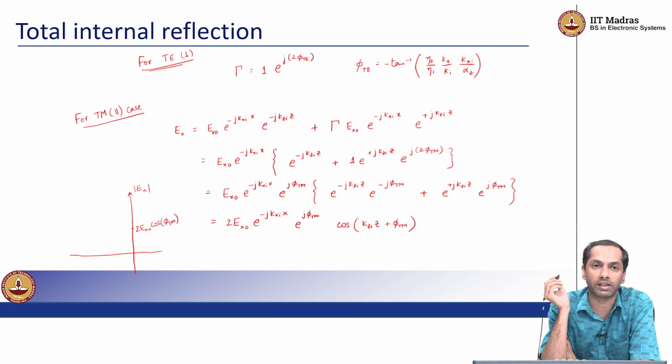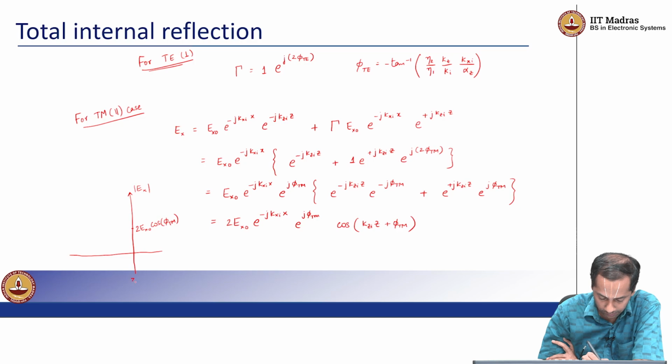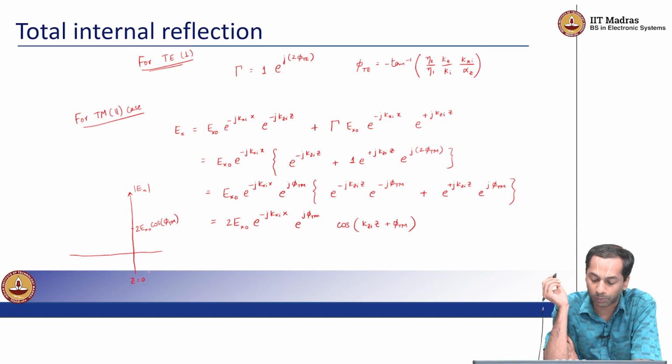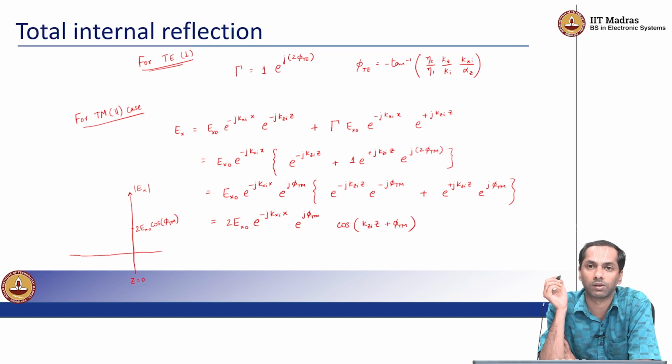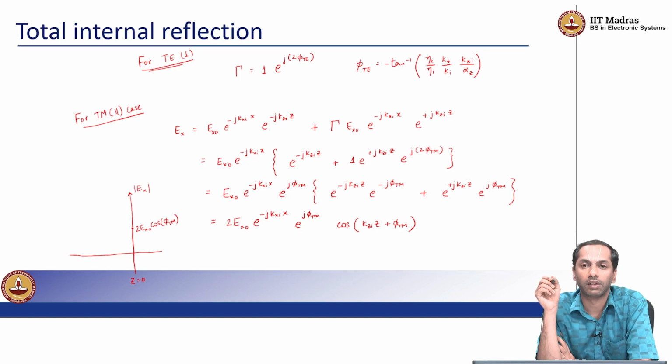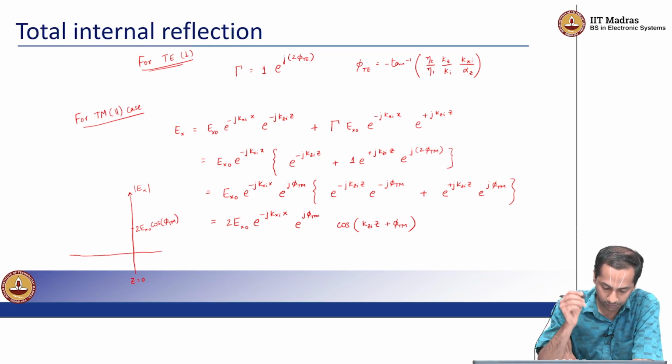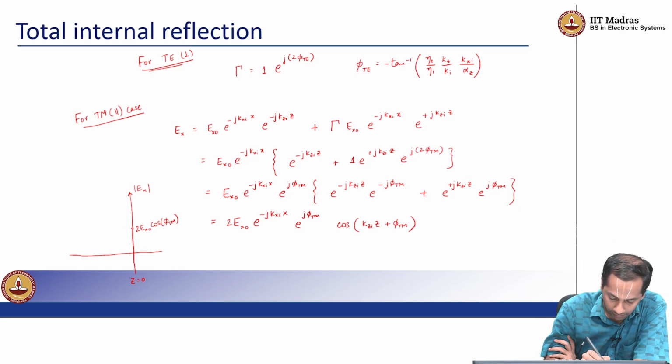So at the boundary z equals 0. If I put z equals 0 in this expression, and if I just look at the modulus, or the field amplitude, all the phase terms go away, and the cosine of kzi z plus phi tm just becomes cosine of phi tm, and then we'll have standing waves